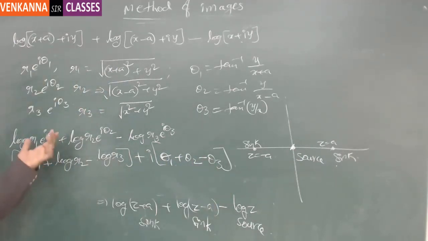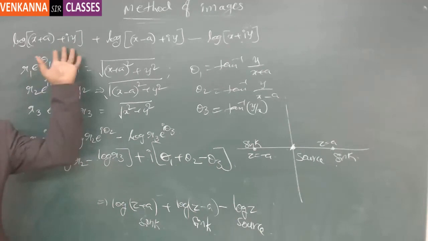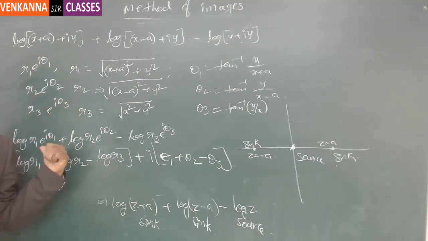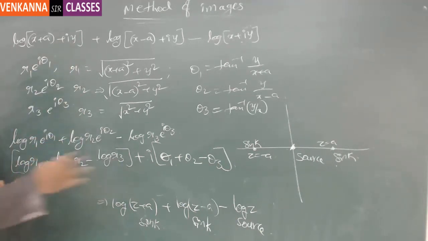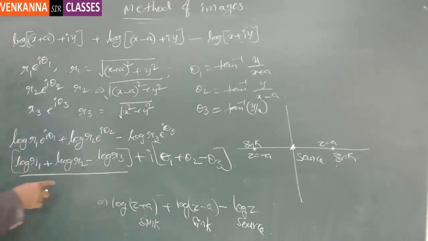So by writing into the modulus and angle format, or the polar format, I have written the same thing and then divided it into real and imaginary parts. Now if I replace r1, r2, r3 in terms of x and y,